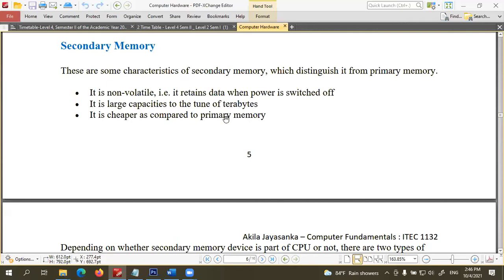Therefore, in storage devices, the capacity is high, but the reading and writing speed is somewhat lower compared to the primary memory. That is the reason the CPU is not going to communicate directly with these storage devices. Every time data in these storage devices needs to be accessed by the CPU, it has to be loaded to the RAM before executing.